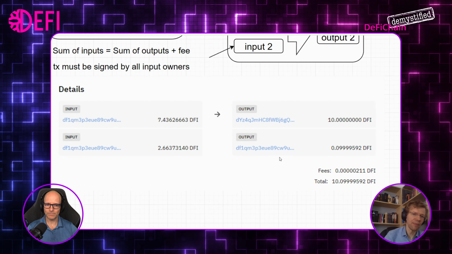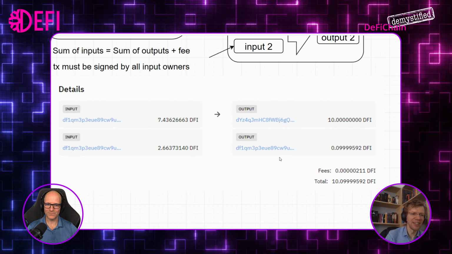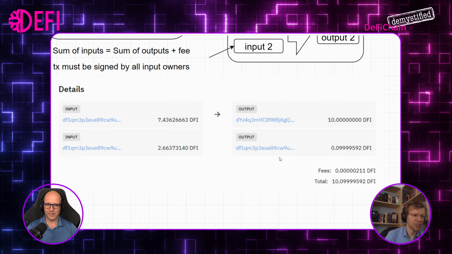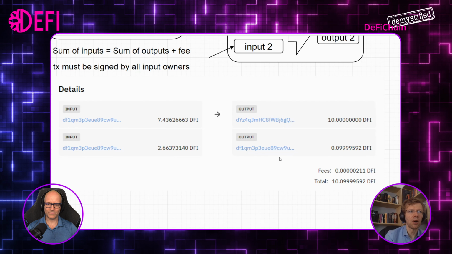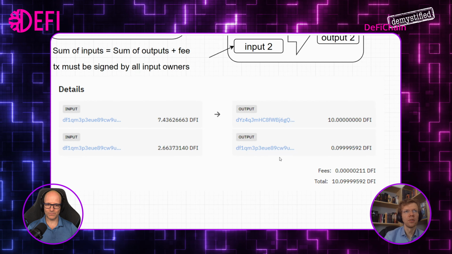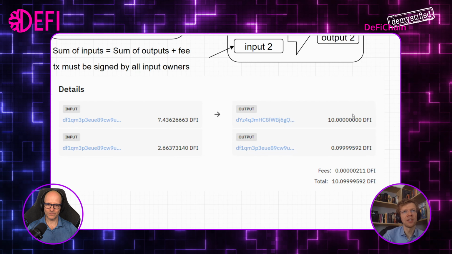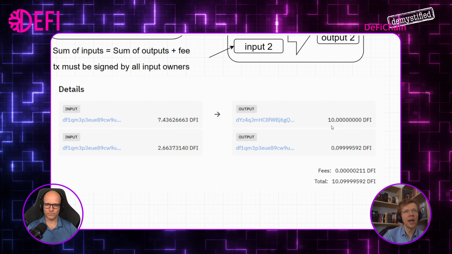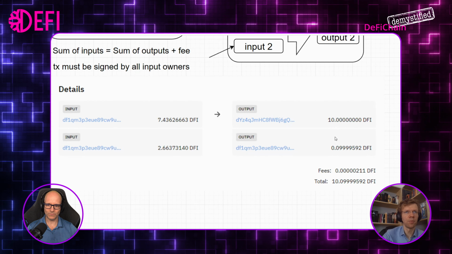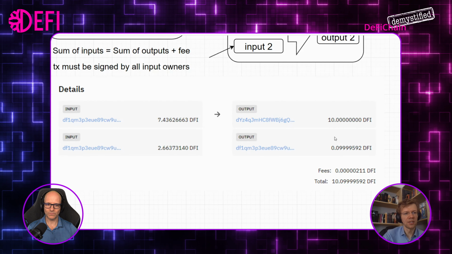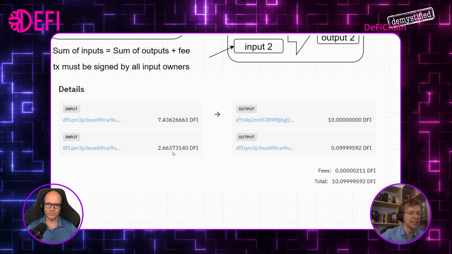Honestly, yeah, I think we would need to ask the developers of the Light Wallet why it's that. I know where it happens in the code, and it could be built differently, easily. I think it's a bit because it's easier when you say, I don't care which UTXOs I use, because if you look at that, you want to spend 10 DFI. I know I have 10.1 DFI in my wallet. My whole balance is 10.1. So if someone wants to send out 10 DFI now, I say, yeah, fine, that's below my total address balance. I just take all of them because then I definitely have enough.